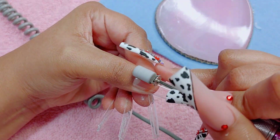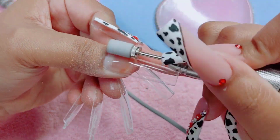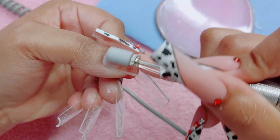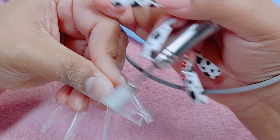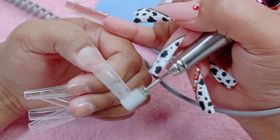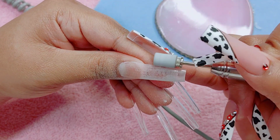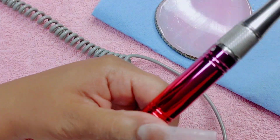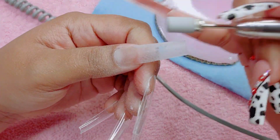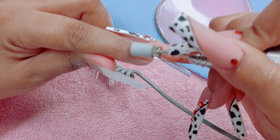Well, just cut them down to the desired length. So I'm going to go ahead and cut them so that they're all even. And now I'm going to be removing the shine from all of the nails, and for that I'm using a fine sanding band, which these are from Pana. And I'm going to be removing that because since we're going to be working on top of that, and I'm going to be using